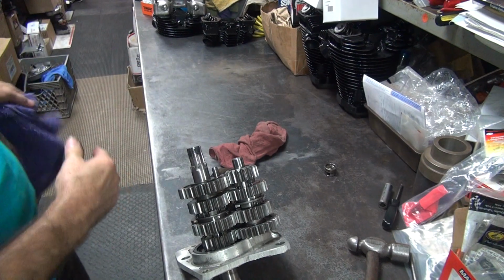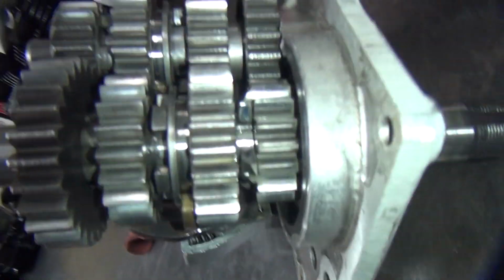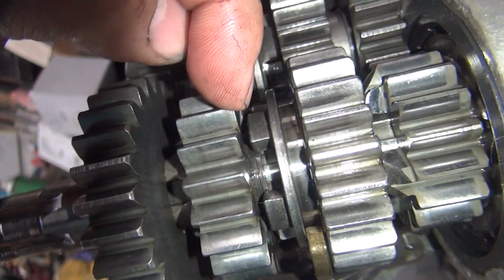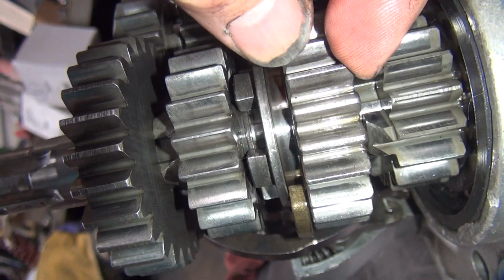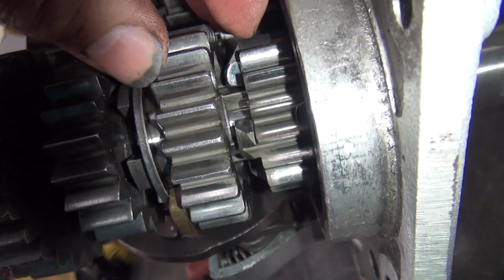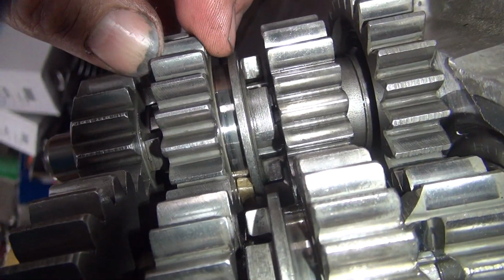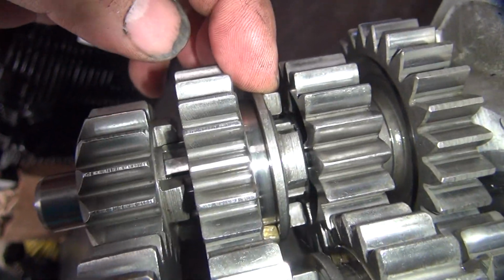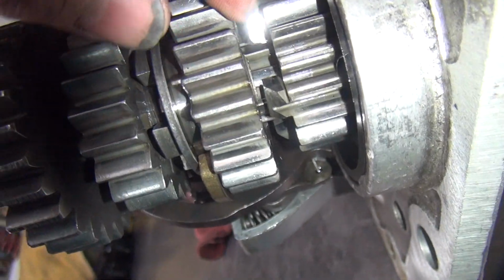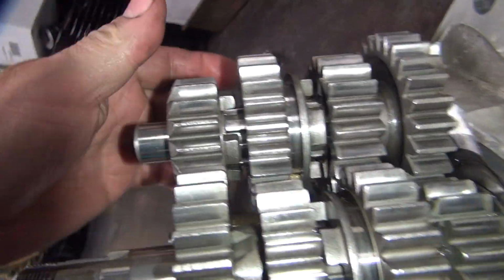Okay, this one's pretty even and relatively close. See how close the dogs are right here? All the way down. You can see the dog over here when you lift it up. It's about the same, see? It's pretty close. So this one's pretty good. This one over here is pretty far apart. This one's way wide. Big gaps in here. So this one here is about equal on the gaps, so I think we're okay on this one. This one here, I think we should probably put a plus fork in there,